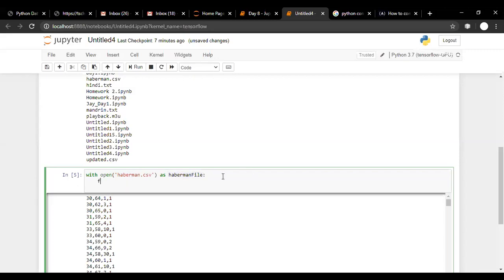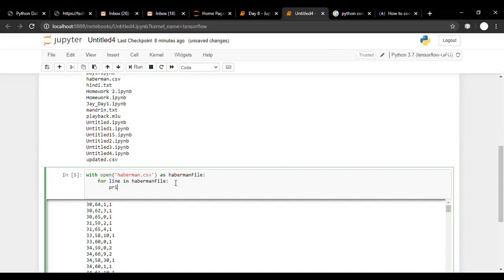And if I'm writing something like this, for line in Haberman file, what will it do? Now we are telling this handle to read one line from the file, and that line will be copied into this variable. Here I can write line as a variable name, or ln, or anything as a variable name that I want. But just to make it meaningful, I'm writing for line in Haberman file. So now Python uses this handle to read one line from the file and copy it into this variable.